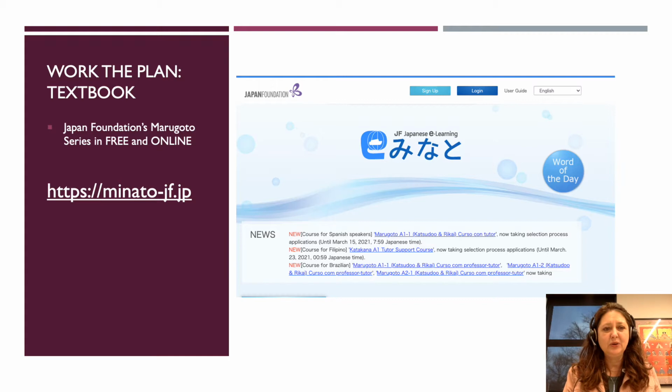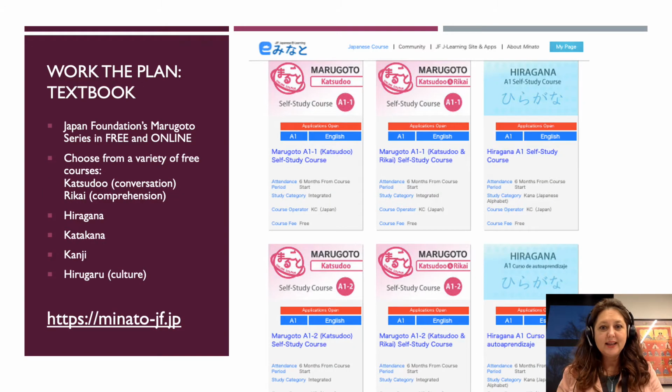It's minato-jf.jp. You simply make an account on this page. Okay, this is what it's going to look like, and you're going to start a new account. They'll send you your link and you log back in. So when you log back in, you'll have the chance to scroll down and you'll find all of these courses